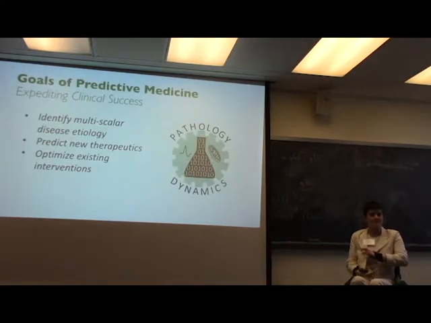All right? So that's my basic overview on ALS to kind of set you up for what you guys really came for, which is to hear about the computational aspects and the predictive medicine. All right? So the goal of predictive medicine is to, quite simply, expedite clinical success. We all know that FDA approval takes way too long, 7 to 14 years, and experiments also take a long time, and you can only look at one thing at a time, right? Very hard to do. So the goal of predictive medicine is to be able to expedite the identification of the underlying etiology from the subcellular to the cellular to the system level to predict new therapeutics, all right?